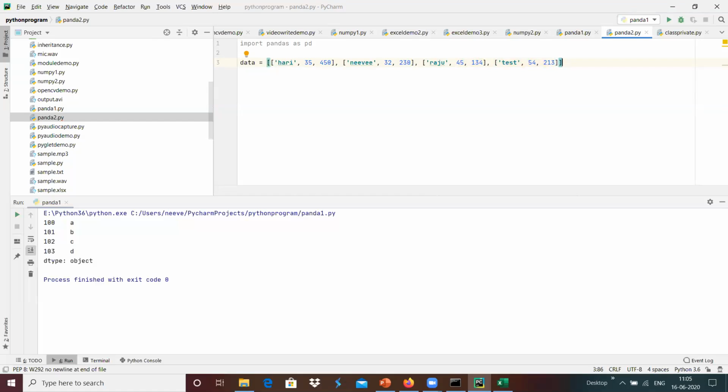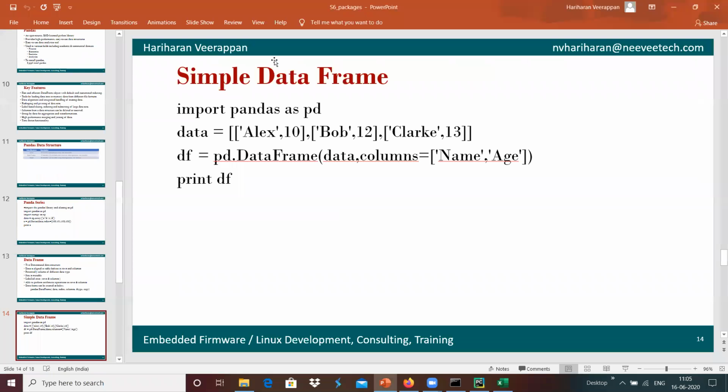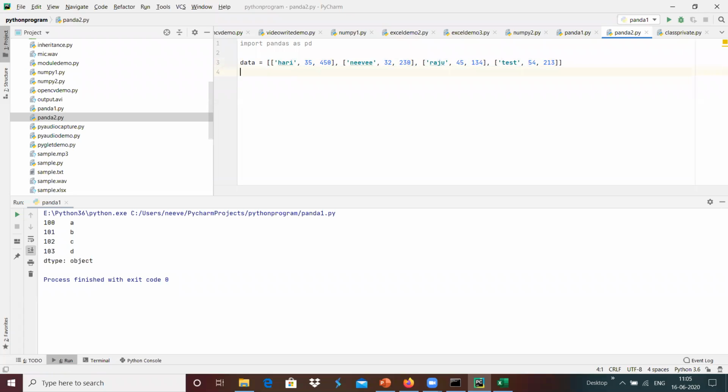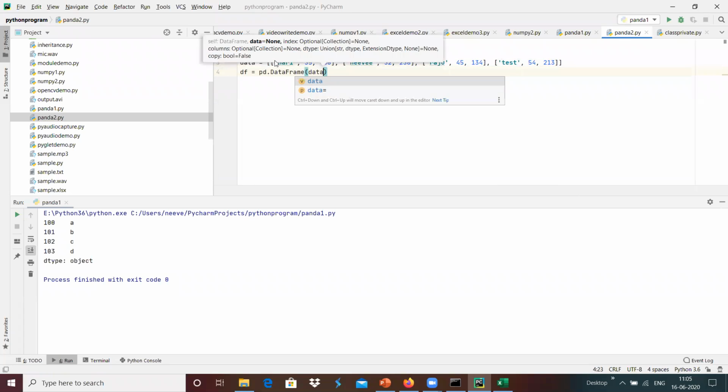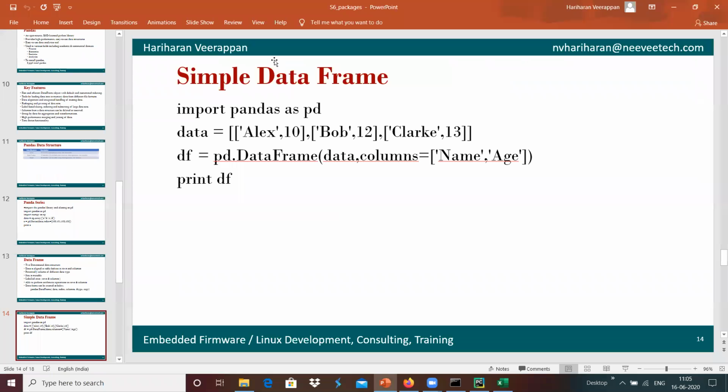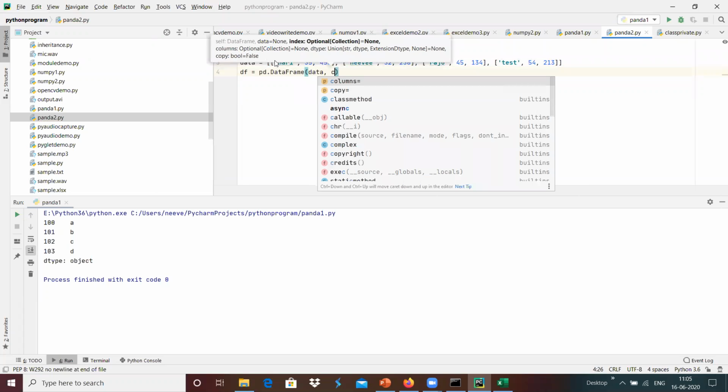Yeah, this basically gives an array of information that we have. Once it is done, maybe we can create a data frame with the help of df equals pd.DataFrame, which contains data, and we have the option of columns.